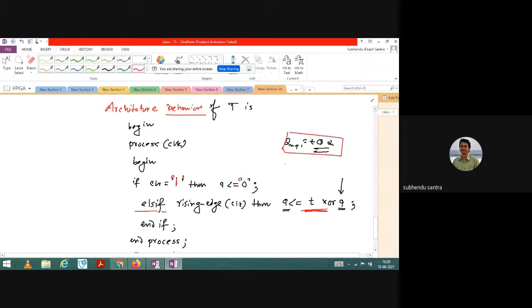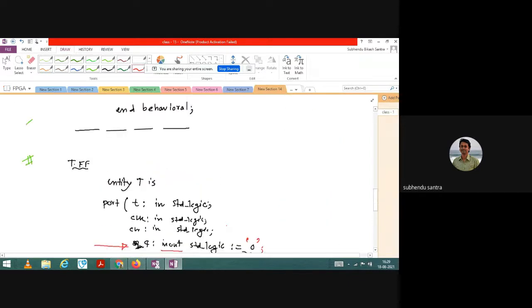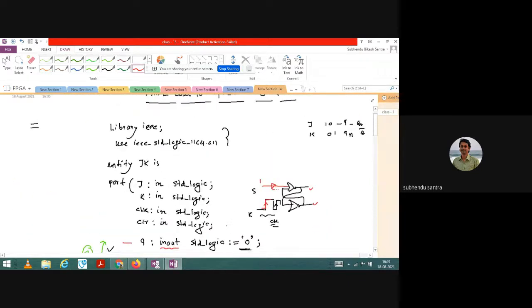If it is not, then that is a difficult thing. You need to use a case structure, like I did for the JK flip flop. Maybe you have to take a signal variable. That part you have to take, but here it is simple and straightforward, so you can do it directly. Okay, any question you want to ask regarding this T flip flop and JK flip flop? So you need to practice.